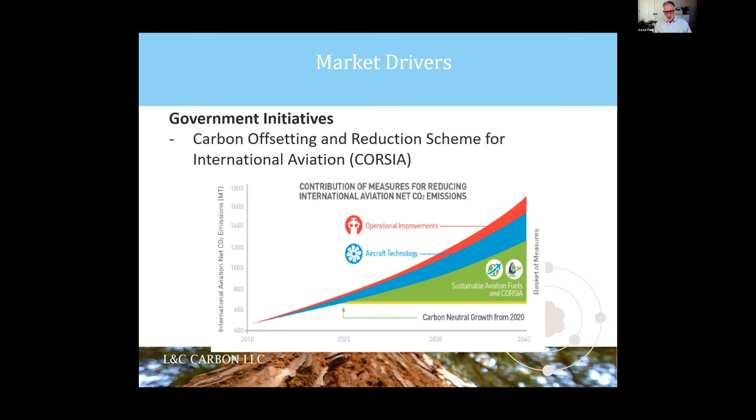Obviously, with COVID over the last year, we had a downturn in how much emissions came out of that sector. But when you look at the projections going forward to 2040 or to 2050, there's a significant amount of growth that's going to be occurring there. And so the airline industry is going to be a significant player. As a matter of fact, when it gets up to speed in a few years, its demand for offsets is going to be effectively what the California cap and trade program has done over the past 10 years. There'll be somewhere around 150 million tons of offsets that are going to be needed on an annual basis just to offset the aviation sector.